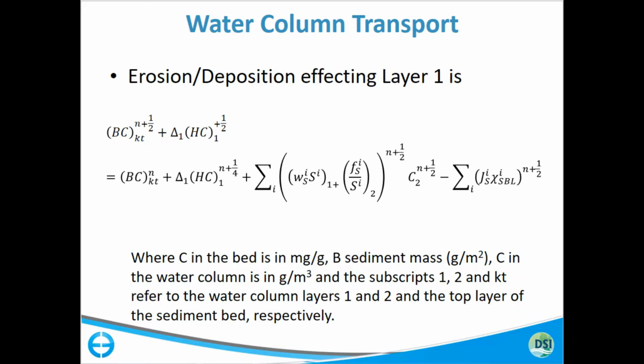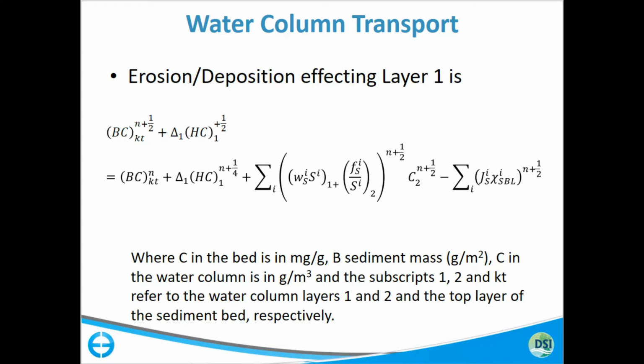Then you multiply it times the bed mass to get the milligrams of toxic per square meter of the sediment bed. And then this is the height of the layer 1 times the concentration and depth, so you end up with the same units. So you end up with milligrams per meter squared,